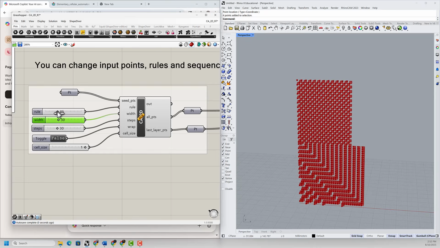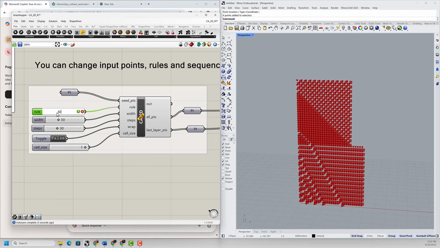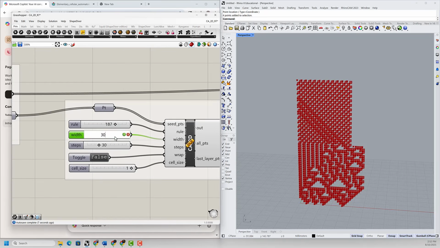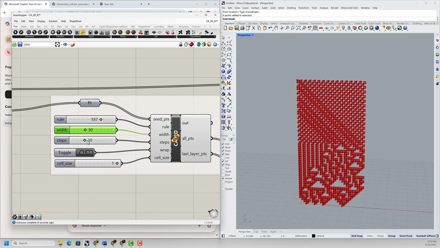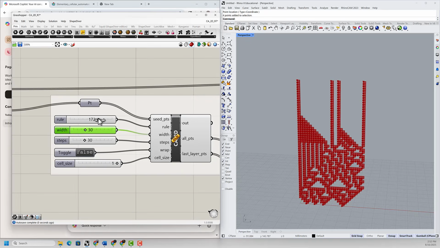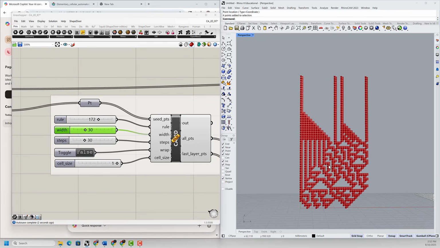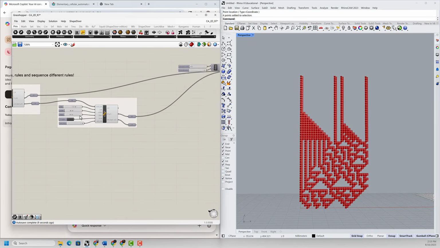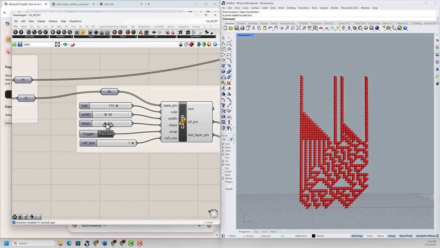Rule set should be, let's say, 30. All right, I want to keep the widths the same, so I'll just keep this 30 as well. But the rule set, let's change it to be something else, right? So we can see the stacking changing. And you can add to this. For instance, let's say this one runs only